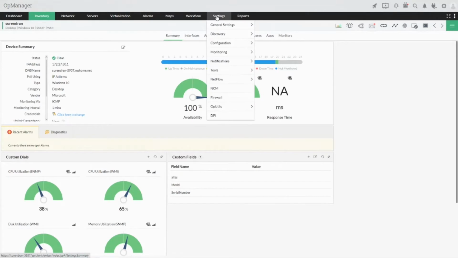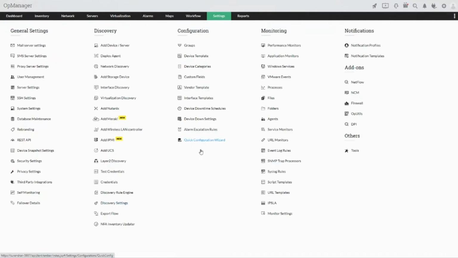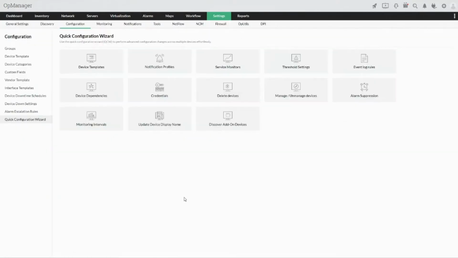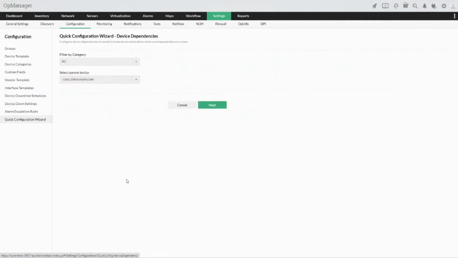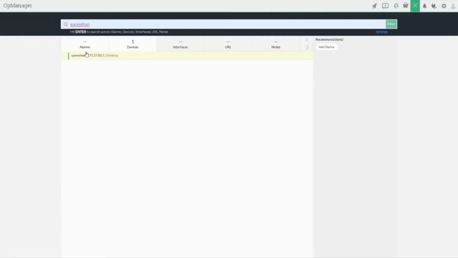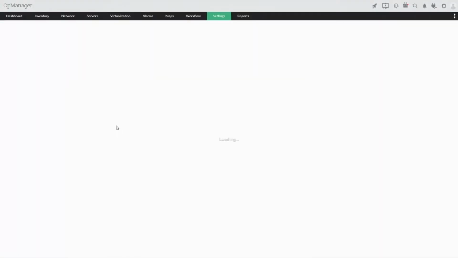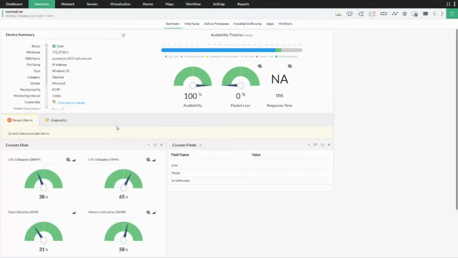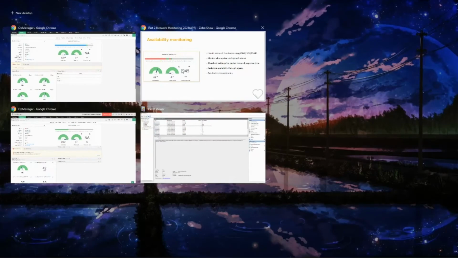And in case I want to do a bulk configuration for multiple devices, I could very well do it using the quick configuration wizard, where I could set the device dependency in bulk for multiple devices at a single stretch. So this is how I could set uplink dependency and also monitor the health status of the devices in detail and get more information. So now let's go to the presentation and continue.